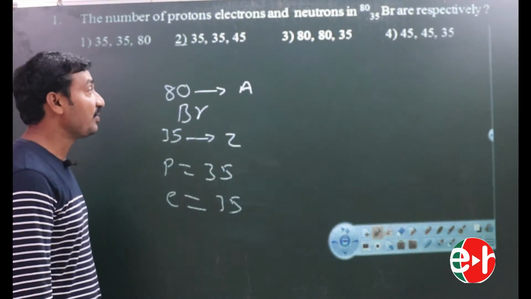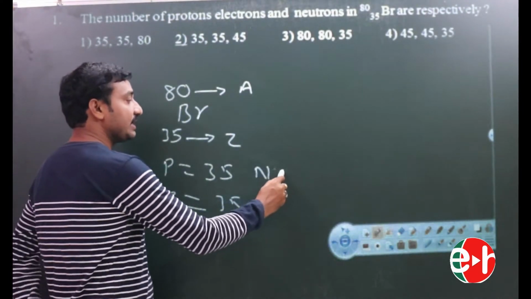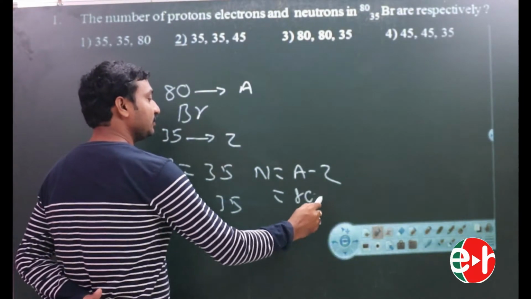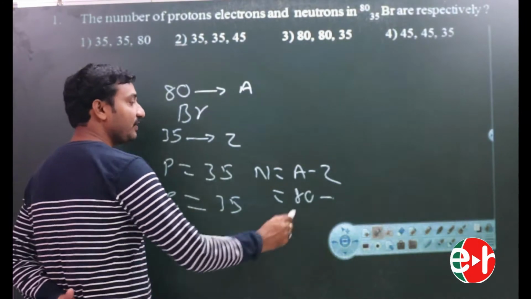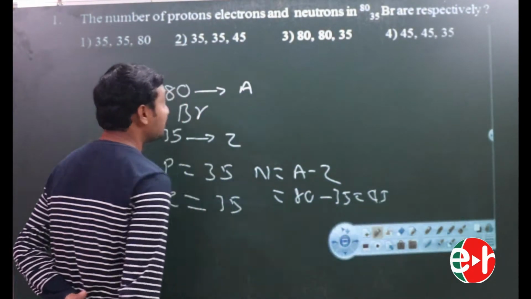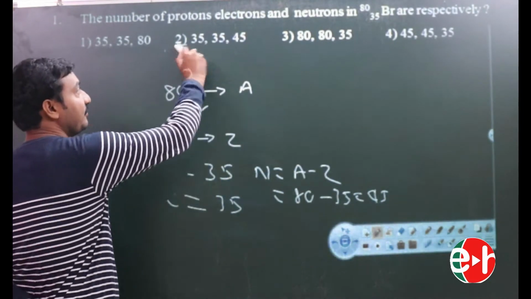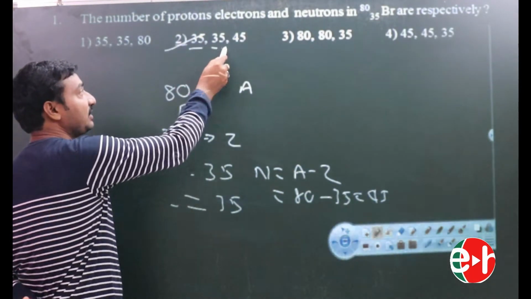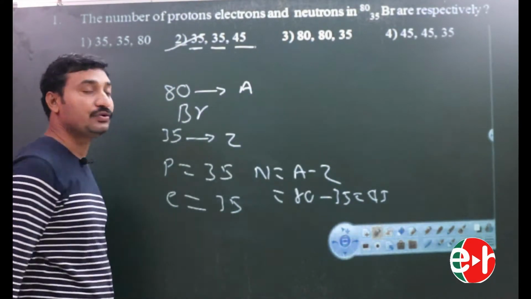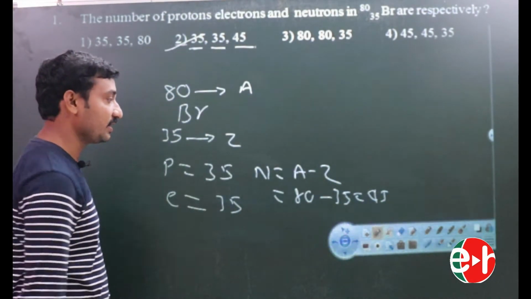And asking number of neutrons, n is equal to A minus Z. A value 80, Z value 35, 80 minus 35, 45. Hence the correct answer is the second one: 35 protons, 35 electrons and 45 neutrons. Okay? Next,